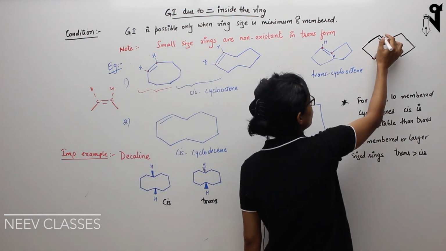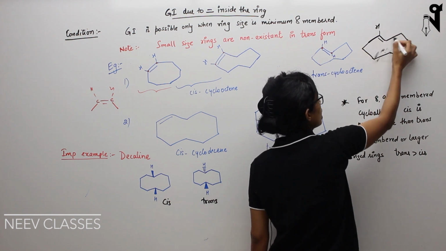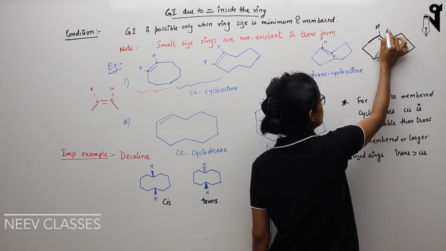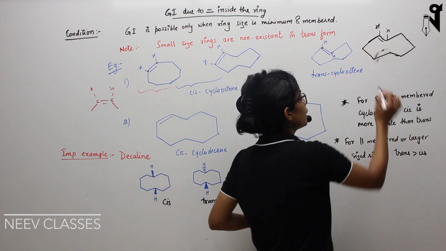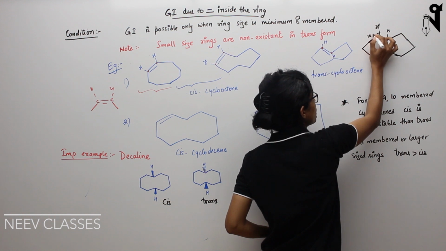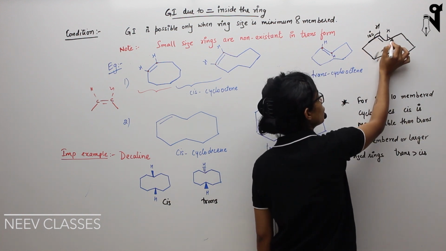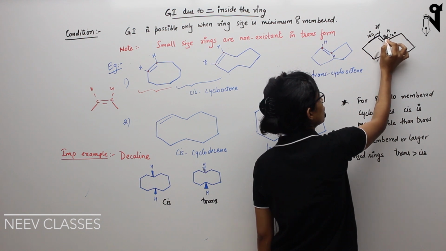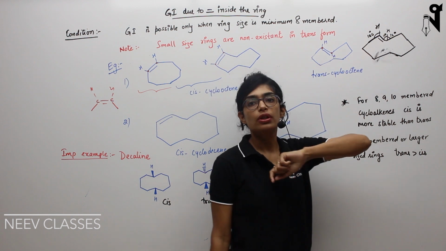So there is a double bond over here. One hydrogen is placed over here. This is your R group. Now this is the other R group, and I place one hydrogen here also, like this. Now look at the bond angles. Here the bond angle is approximately 120 degrees. But do I have a bond angle of 120 degrees over here or over here? No. If not, in that case, this hydrogen is going to feel a lot of strain.